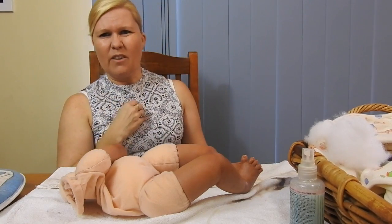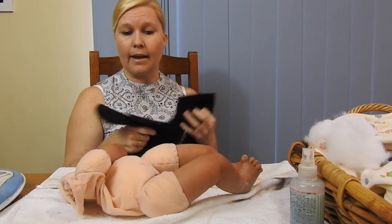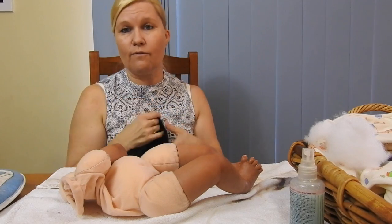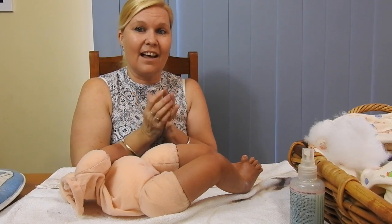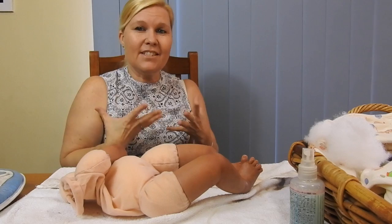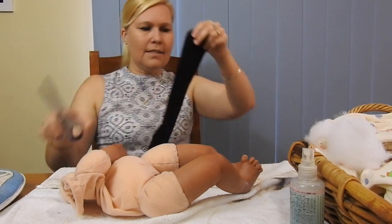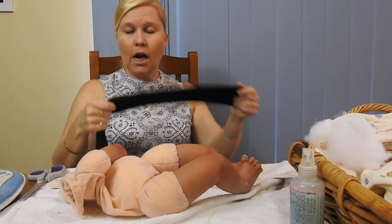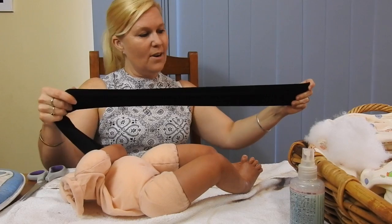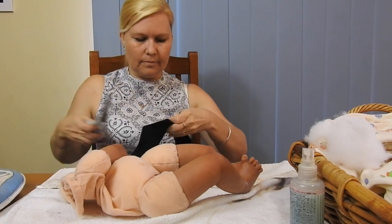Just a preference of mine, I've always used tan, but I need to get this baby made, so I've got black and it'll be fine. It'll actually show for my baby here, underneath the color of the body, so it'll give it a bit of a dark look, so it will be okay. So I get my scissors. I'm going to be nice and generous, okay, because I like to be generous. So I'm going to literally put a nice length on that